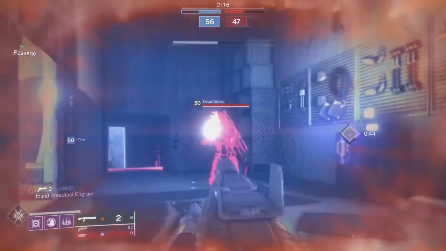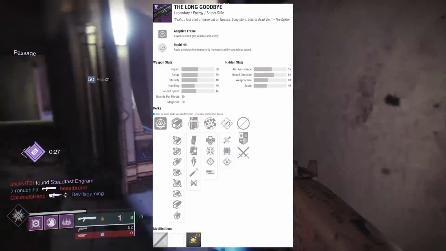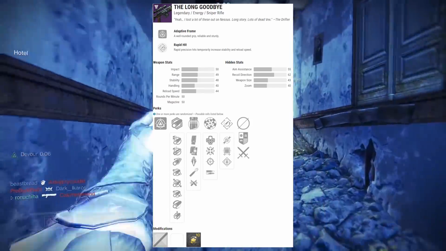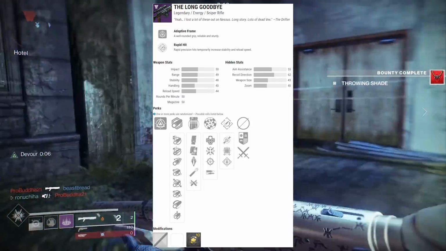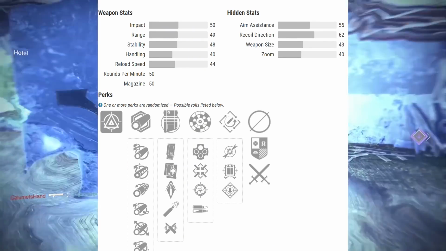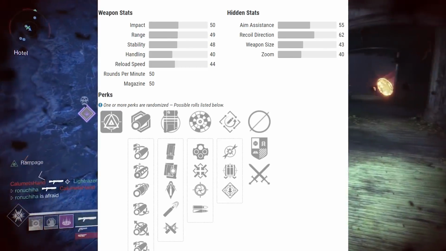Next up is the Long Goodbye. I will be reviewing this sniper rifle at some point this week, boys. You receive this from the Nightfall Strike, the Insight Terminus. Now this one rolls with a +10 handling mod as well, fully upgraded. It's an adaptive frame sniper. It comes with polygonal rifling, light mag, rangefinder, which is very interesting on a sniper of all things, and rapid